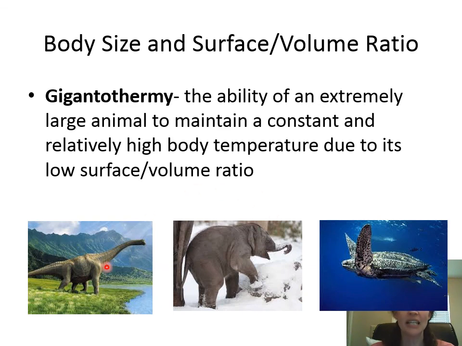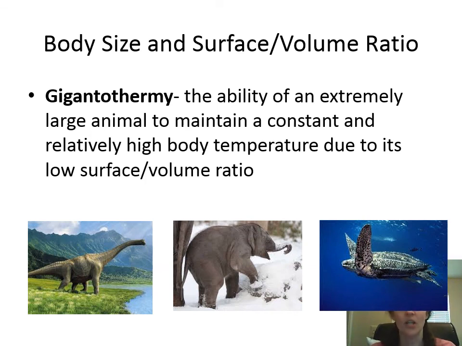We see this, we're pretty sure, in those large dinosaurs, the large sauropods, that just because of their size, they were able to generate enough body heat that they would be considered to be an endotherm. We see this in elephants playing in the snow. It's not that the poor elephants that live in the African savanna are freezing. They're so big, they don't even know it's cold outside. And also our sea turtles over here, right? Our sea turtles can swim in Arctic waters, keeping their body temperatures 18 degrees Celsius warmer than the environment,